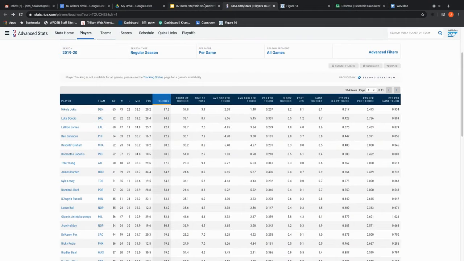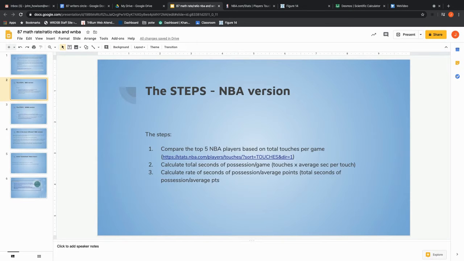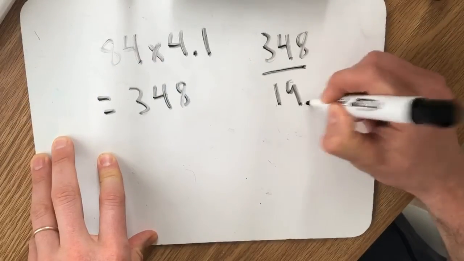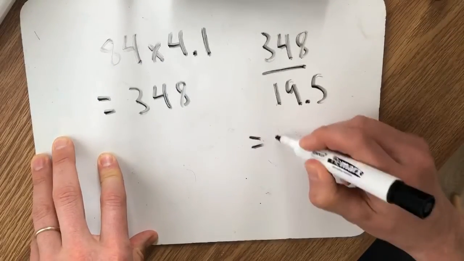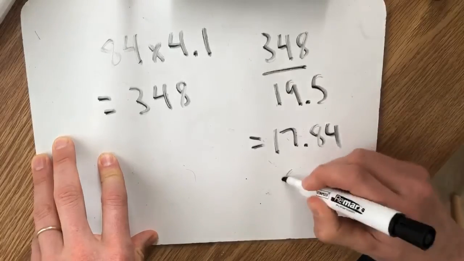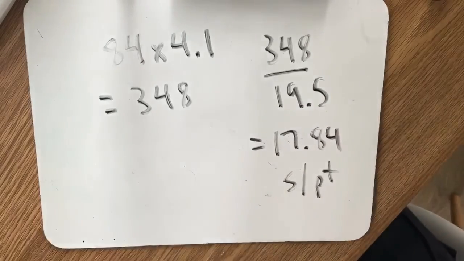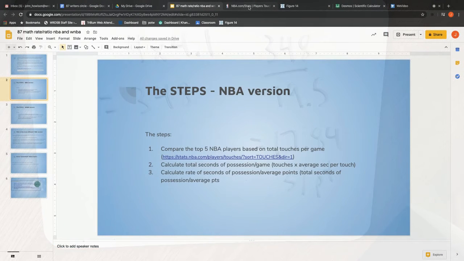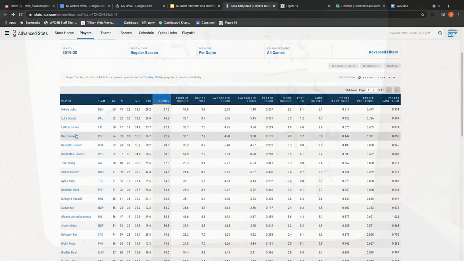So what we're going to do over here is, we've already calculated the total seconds of possession per game. That's touches times average seconds per touch. Now we're going to figure out the rate of seconds of possession to average points. We'll do that by dividing total seconds of possession by average points. So he has 348 seconds per game divided by average points. And that gives us 17.84 seconds per point. That means he has to hold the ball in his hands for 17 seconds for every point that he scores. So once you do that for all 5 guys right here, 1, 2, 3, 4, 5,